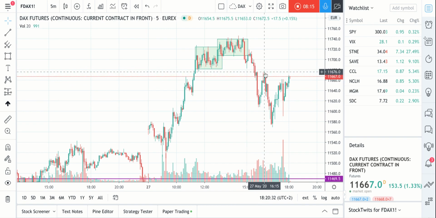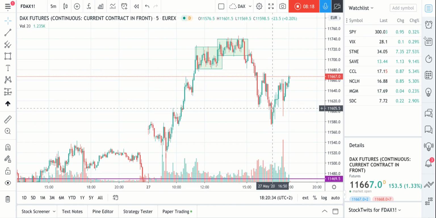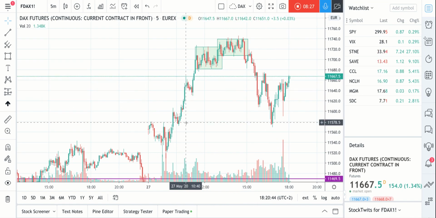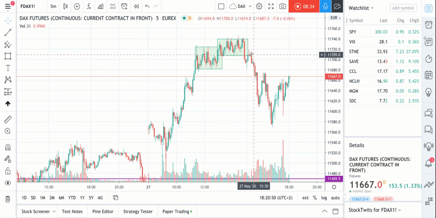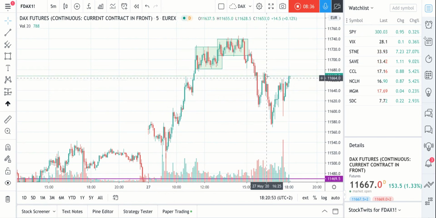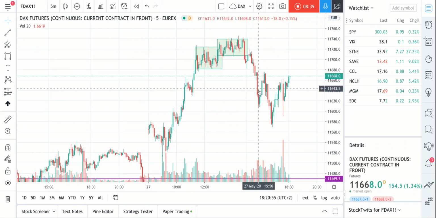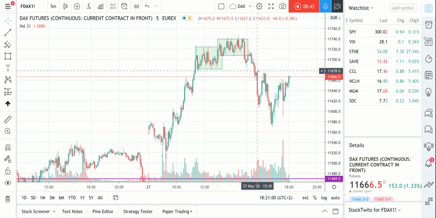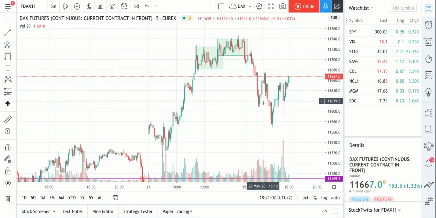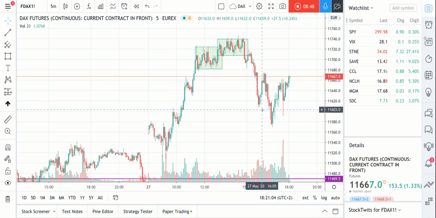Here we get another rose hook. This one really doesn't look so nice because the retracement is very big. Here, this is a healthy rose hook. The retracement is like 20% of this movement, maybe not even that. But here we've got like a 50% retracement of this movement. Okay, it retraced almost to my entry point. So this rose hook would have been